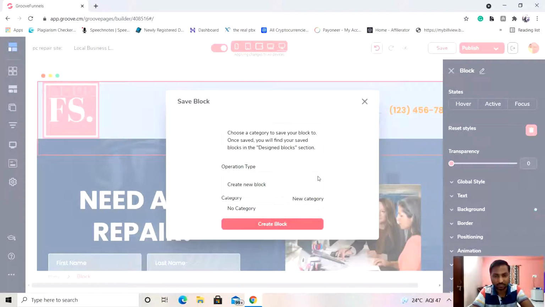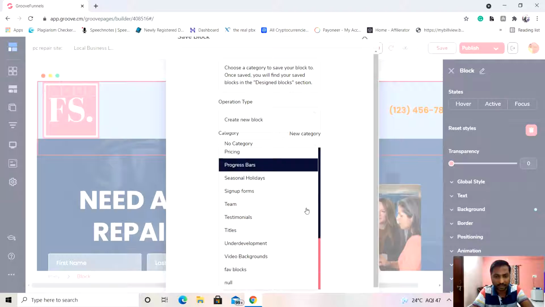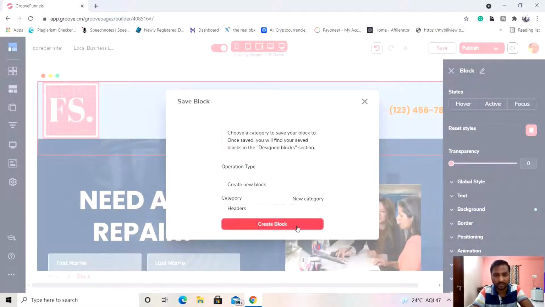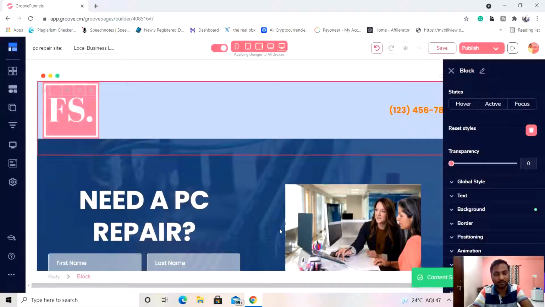Let me choose my category. If I have the category mentioned over there, like I mentioned this, header, okay, and let's create the block, and it's saved, okay, in the blocks area.